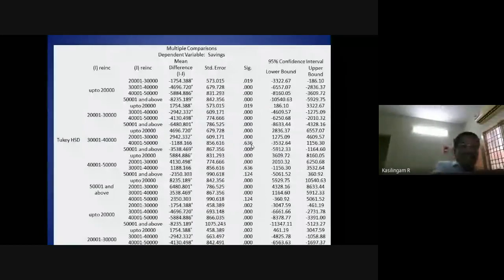When it is the Welch test, we have to take a post hoc available under equal variance not assumed. So that's all for ANOVA.